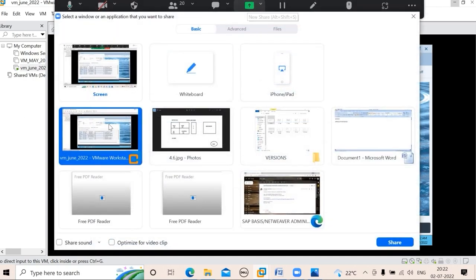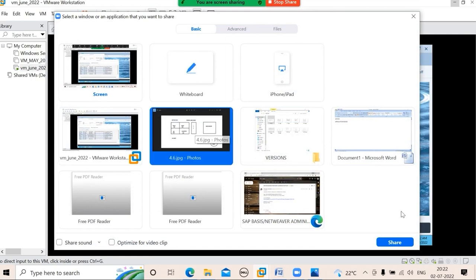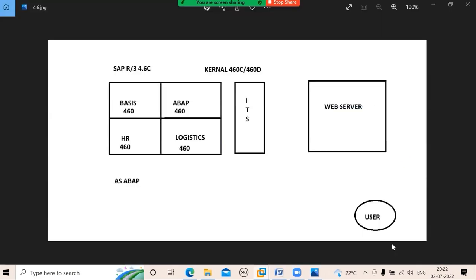If you install any ERP software of SAP, by default you will get Basis package, ABAP package, HR package and logistic package. Remember these things: ABAP, Basis, HR and logistics. Will Basis people do the business?